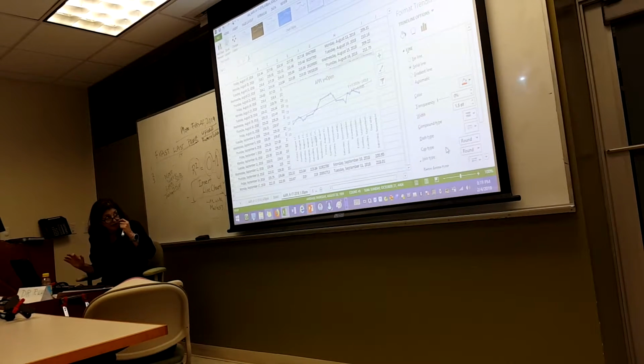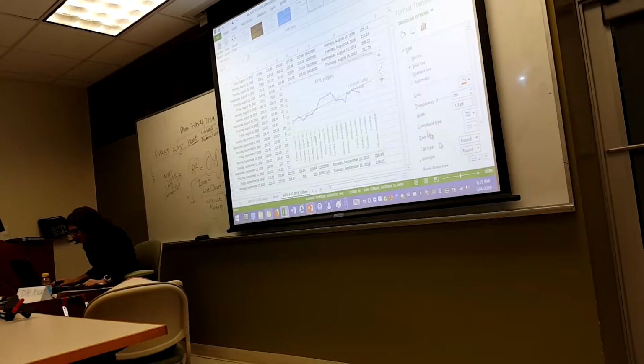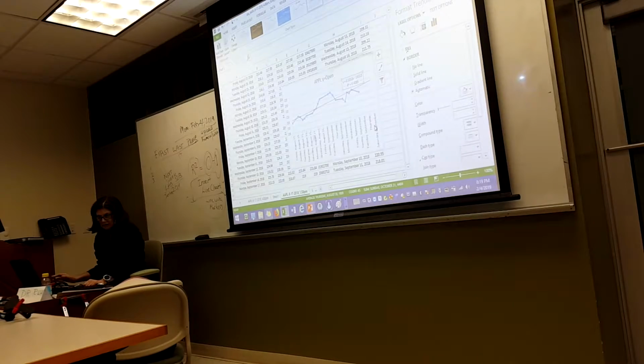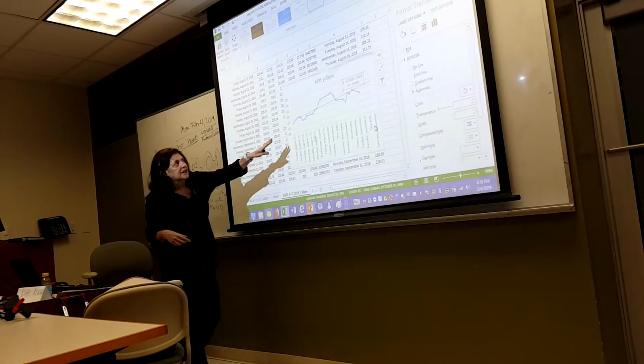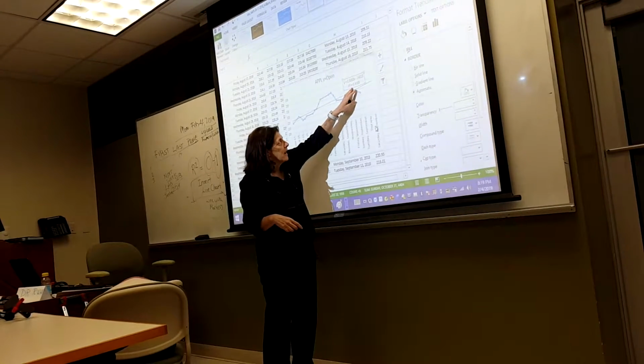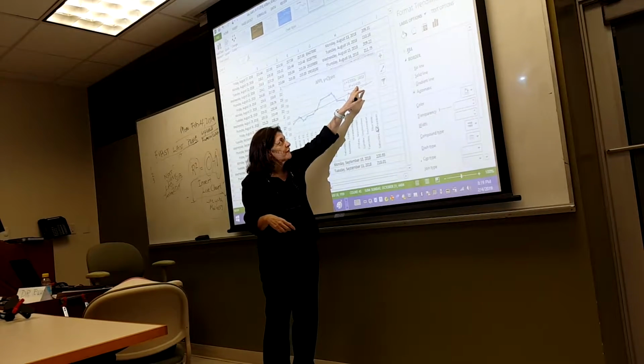Okay, so my linear then is red, forecasting it, and I can even move it here. So this is my linear equation here with my R squared is 0.43,